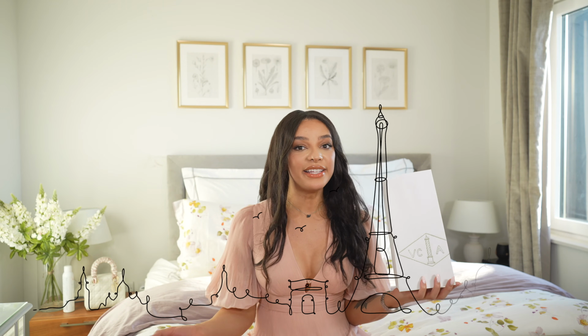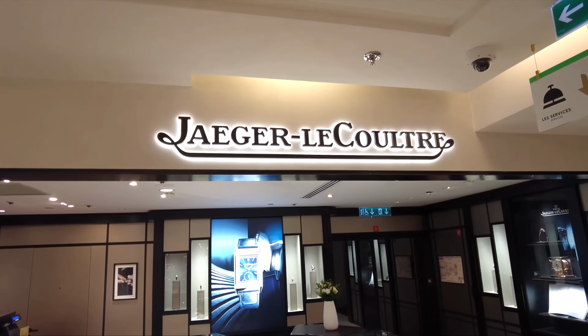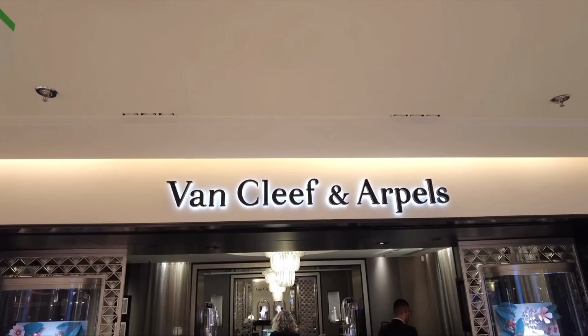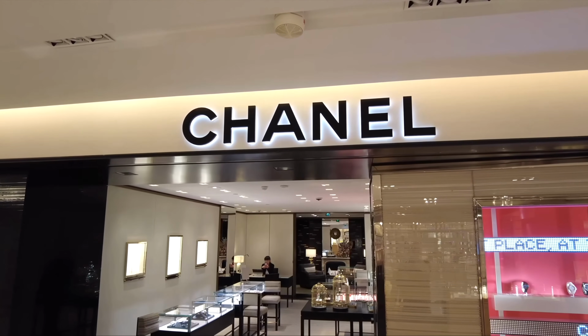I bought it in Paris at the Printemps Mall. It was quiet on the jewelry floor when we went in there. I actually didn't know that the Printemps existed when I was trying to look where Van Cleef was in Paris. Obviously there was a boutique, but Printemps were open a little bit later. So I decided to go there just so that I can enjoy my day and sort of go there before closing time. So I actually arrived at about 6 or I think it was 7 o'clock,